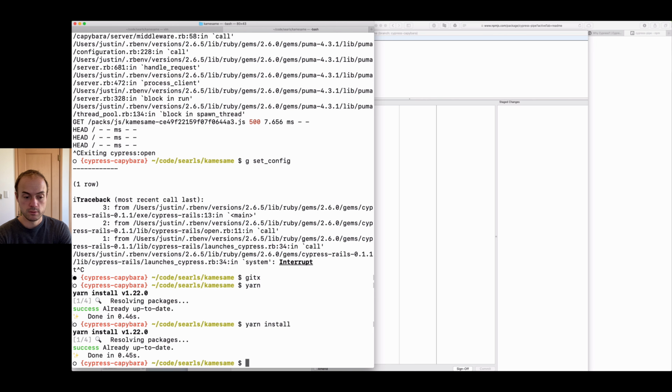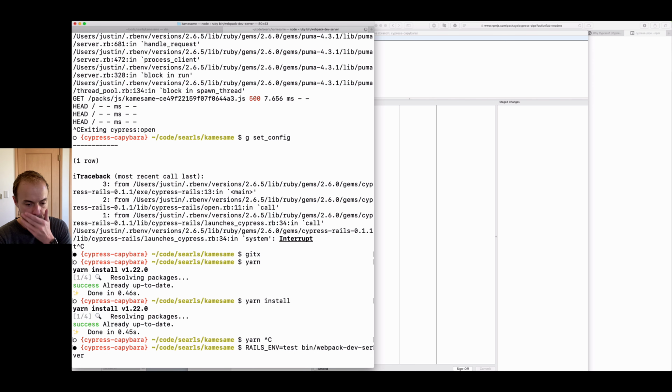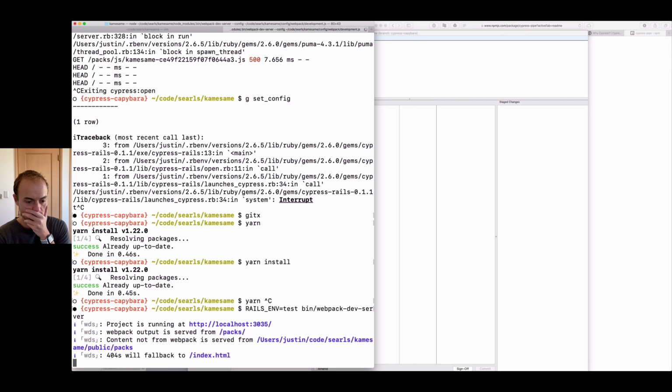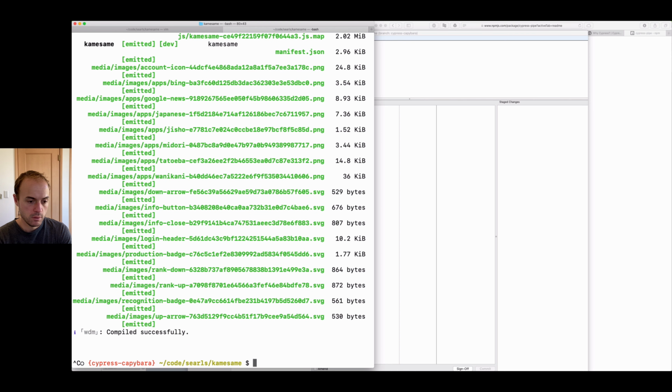Installed harder. Okay, so it's all cached. If I say yarn or bin/webpack-dev-server, it thinks it's built. And now I say,